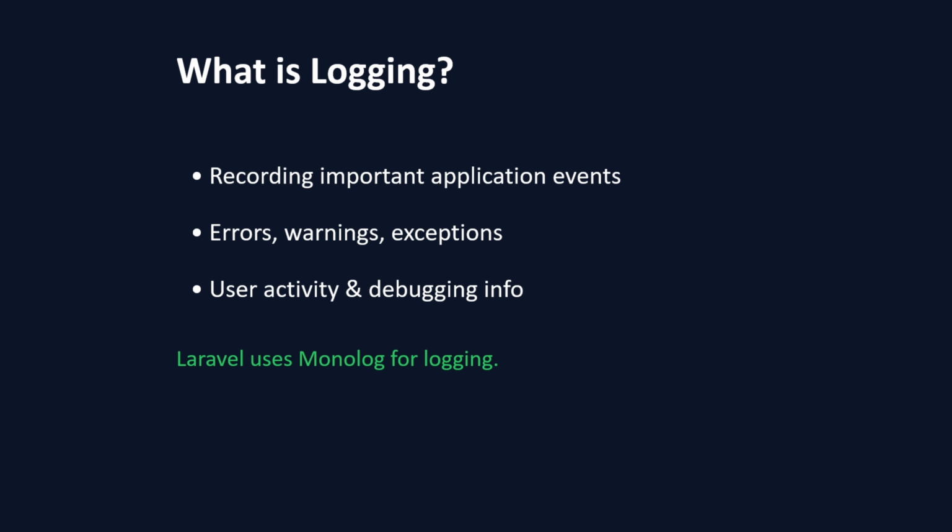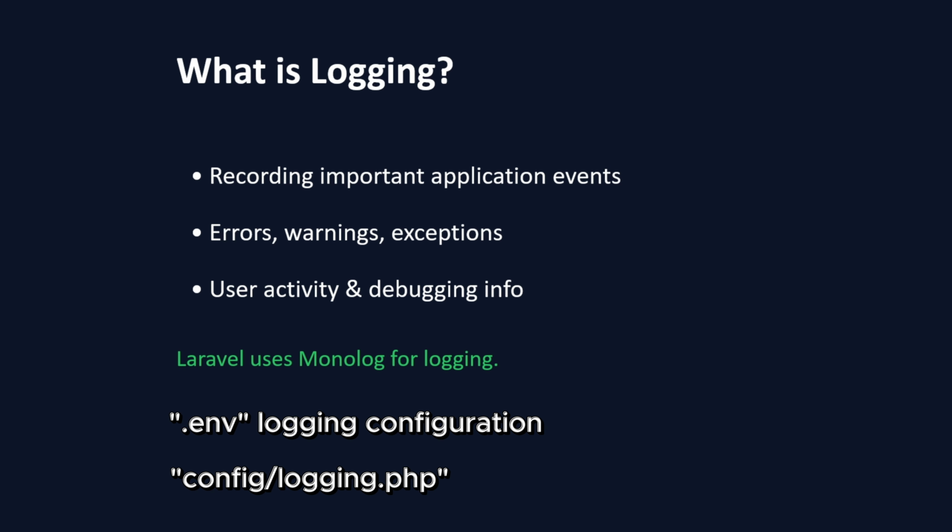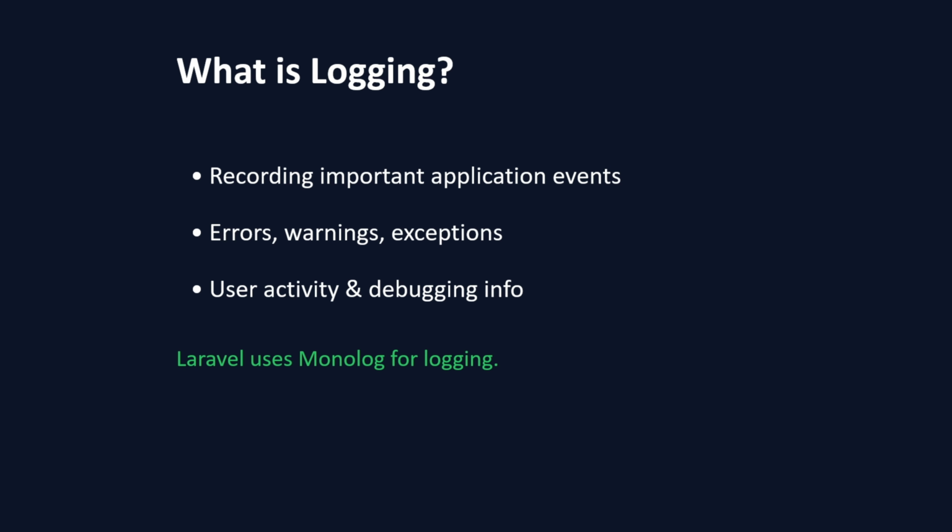The answer is logging. In this video, we will set up Laravel API logging step by step using .env and config/logging.php. And we will also show you where Laravel actually stores all logs. And in the next video, we will go even deeper and learn how to log API errors like a professional developer. Logging means storing application events, errors, and system information into files so developers can debug issues later.